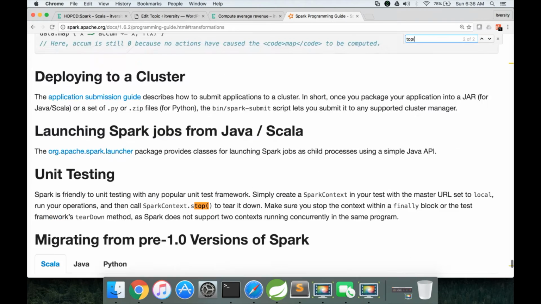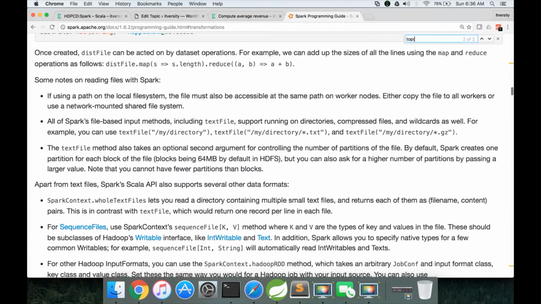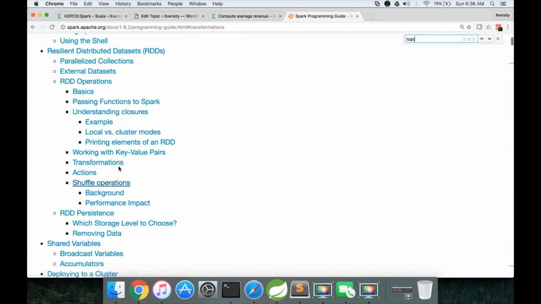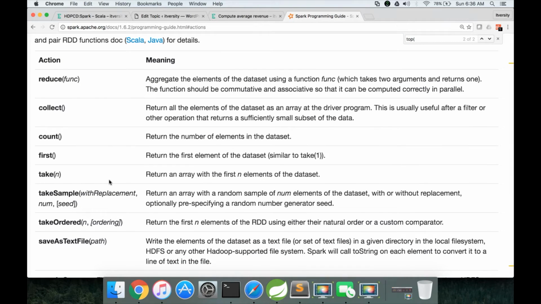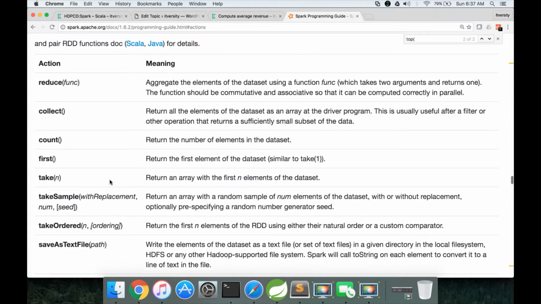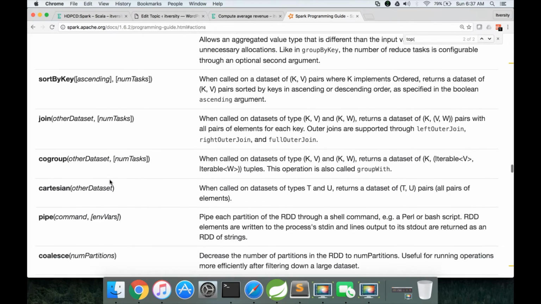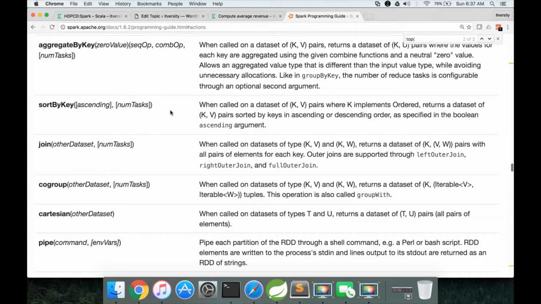Okay, it's not part of this documentation. It's part of Scala, I guess. That's why it is not part of here. So you can use either top, or you can use the sort function also from Scala, but it sorts the data as a whole. It does not sort by a particular key. If you have to sort data by a particular key, you have to use either sort by key for simpler requirements, or we have to use group by key for more complex requirements. Okay, so we will see sort by key here.